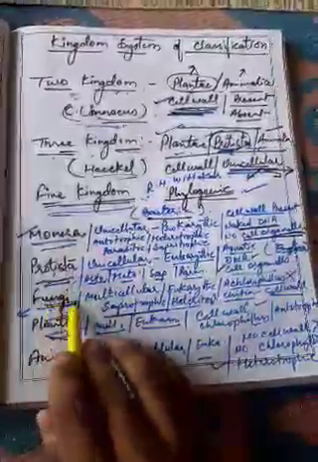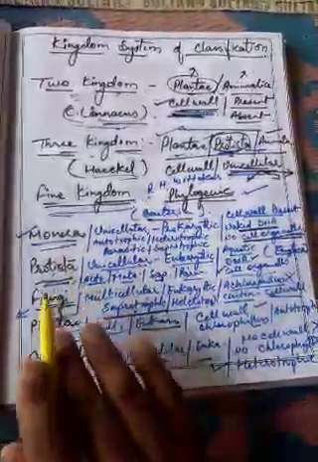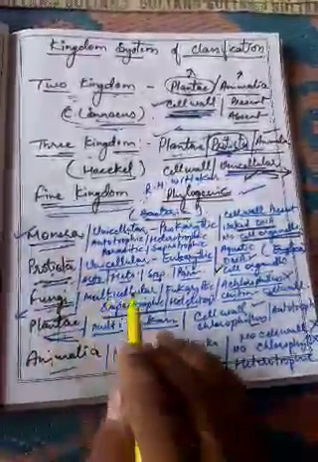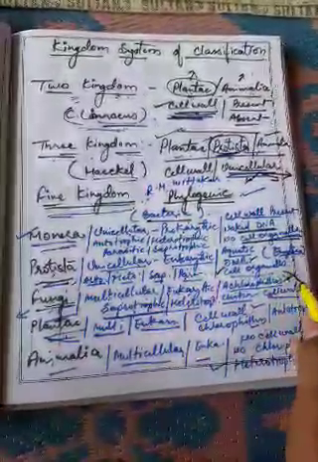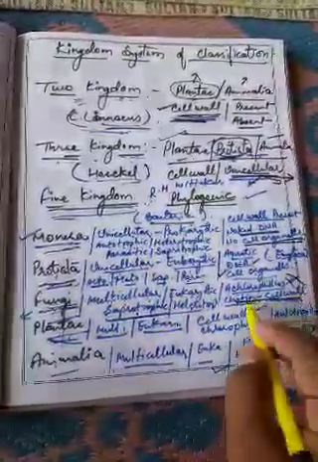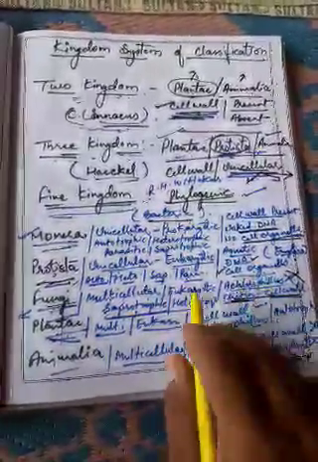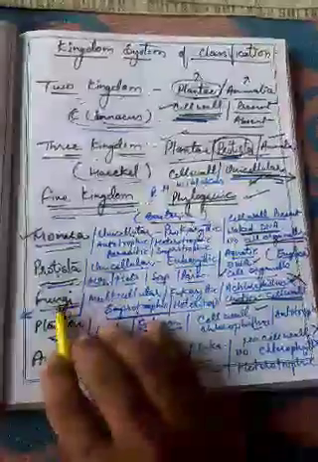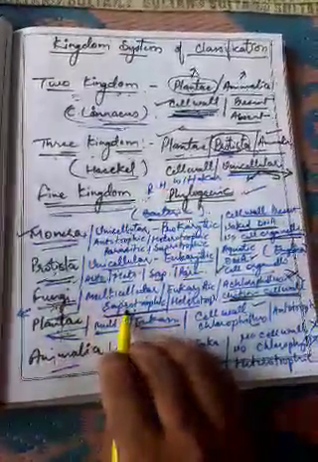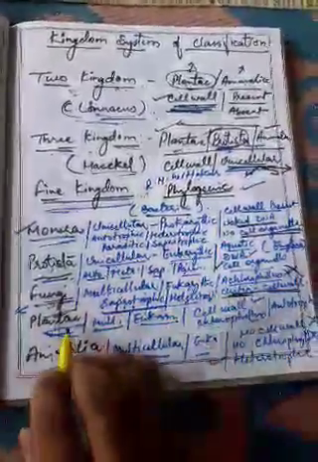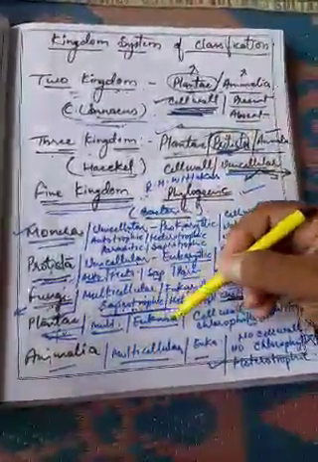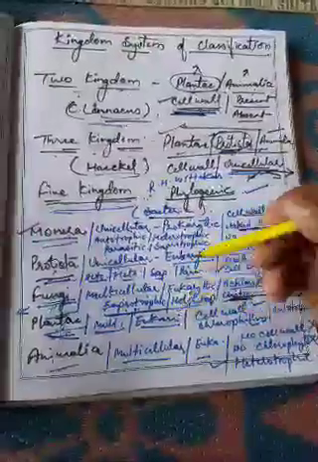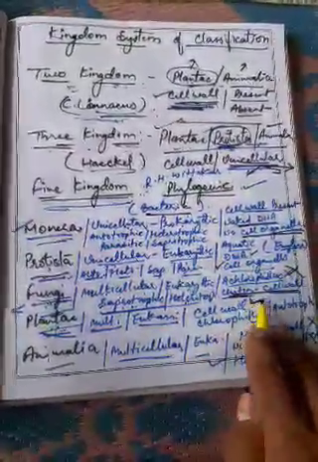He then gave a different, separate category of fungi in which multicellular eukaryotic organisms were kept, those which did not have any chlorophyll and had a cell wall made up of chitin. This was the specific characteristic found only in fungi. They are mostly saprotrophic, heterotrophic. Plantae: all the multicellular eukaryotic organisms which had a cell wall and chlorophyll were kept here.